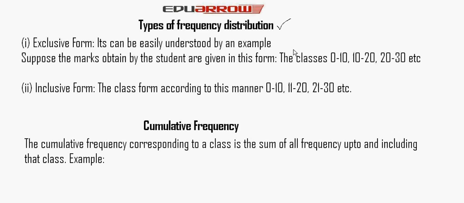The classes are 0 to 10, 10 to 20, and 20 to 30, etc. Suppose 3 students get marks between 0 to 10, 5 students get marks 10 to 20, and 6 students get marks 20 to 30. So it is the exclusive form of the